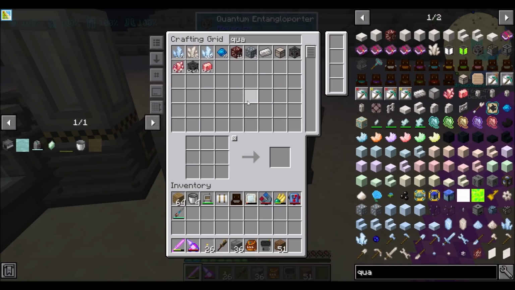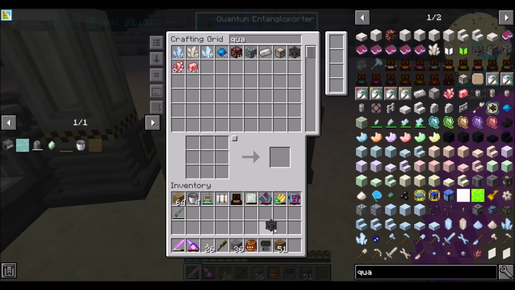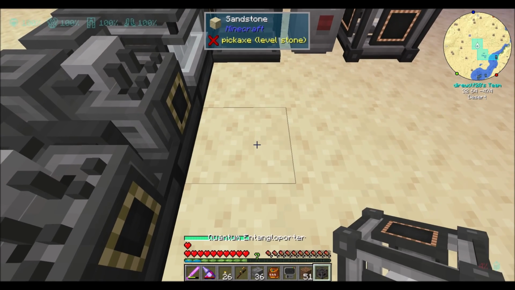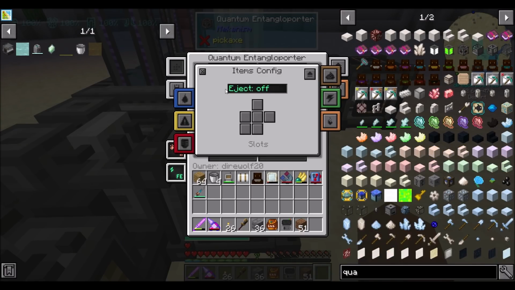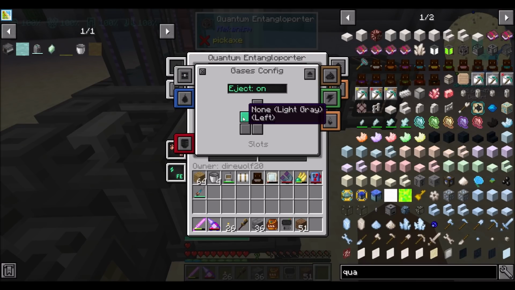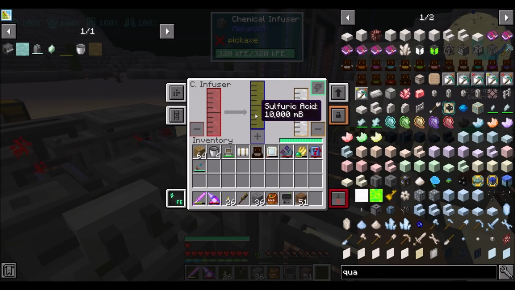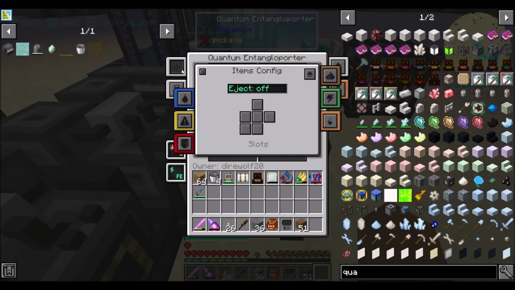So we'll get a quantum entangloporter going, right? And you can be sulfuric acid. Okay, so I'm going to pop you here. You're all set to off. Nice. So what I'd like is gases on the left to be input, right? And you're going to delete fissile fuel, because that is definitely not what we want. And what we're going to want is...